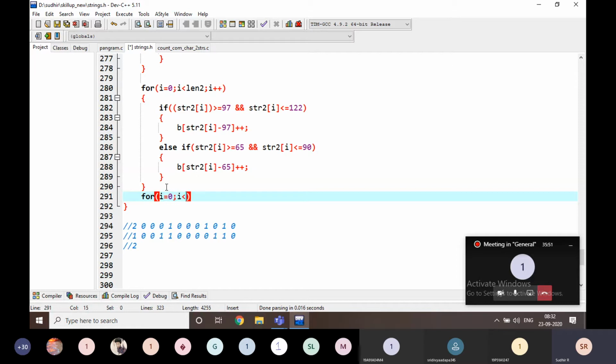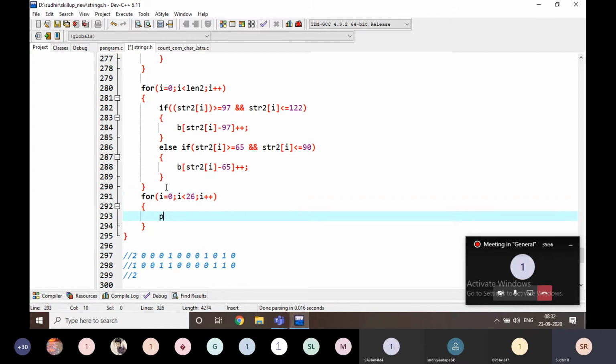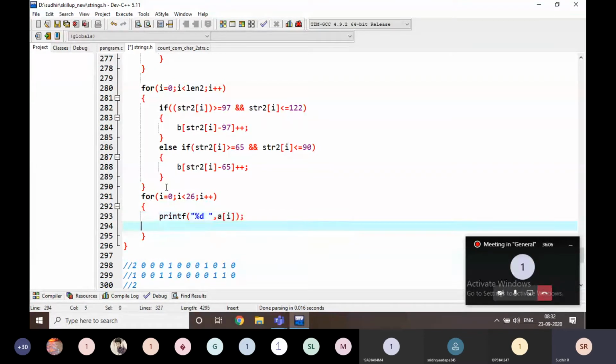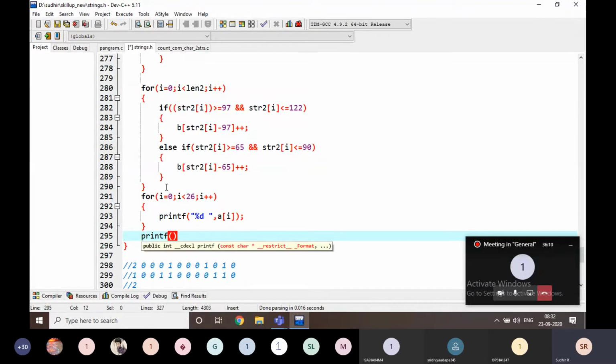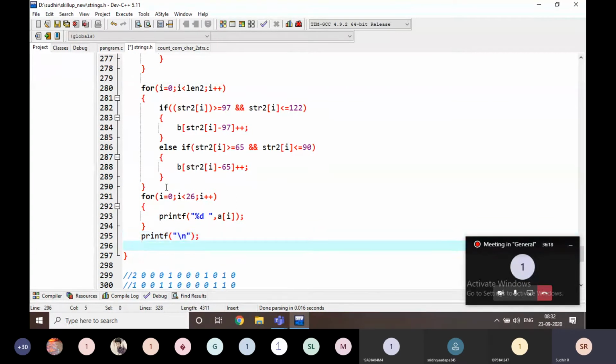For i is equal to 0, i less than 26, i plus plus, printf of percentage d space and a of i, with a percentage slash n. I am going to write it again: i is equal to 0, i less than 26, i plus plus.